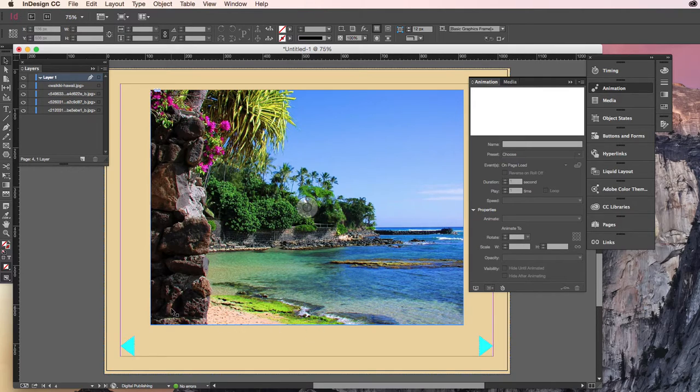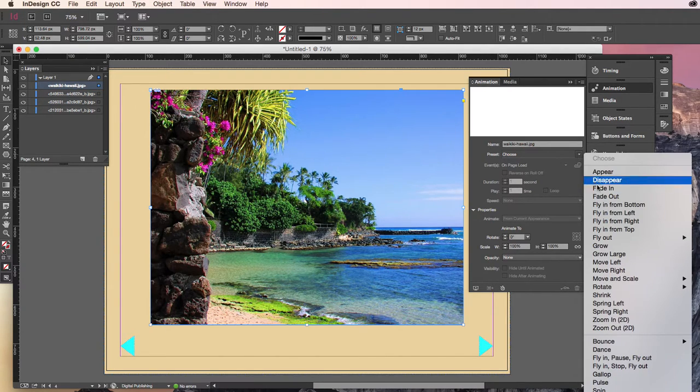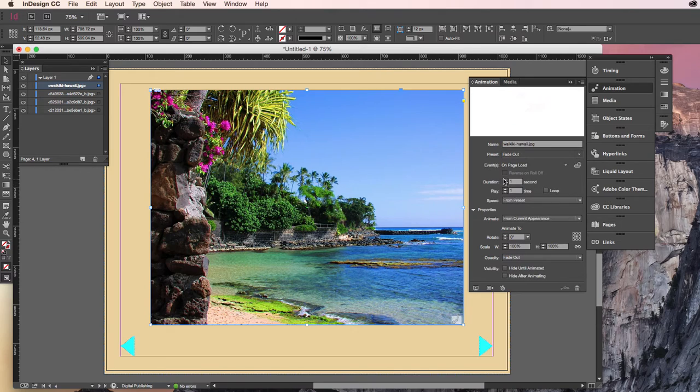What I've got here is 4 images, and I am going to animate them one at a time. I'm going to select the top one, which is easy enough, but the ones underneath you actually have to select here. And I'm going to animate it, and there are 2 ways to do this. You can either start with nothing here and then have the bottom one pop up, or you can have them already stacked in the window like I do, and then you just make each one disappear, and after that one disappears, it reveals the one under it. So I want this one to fade out,